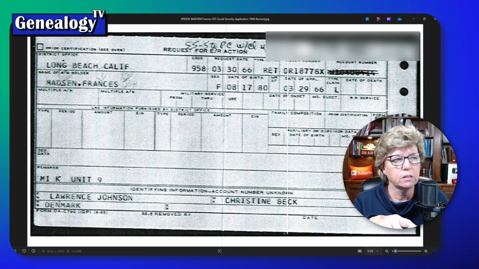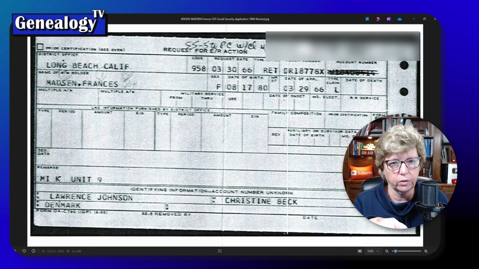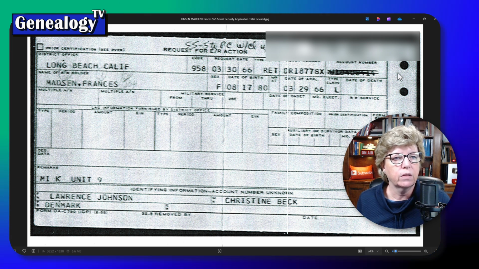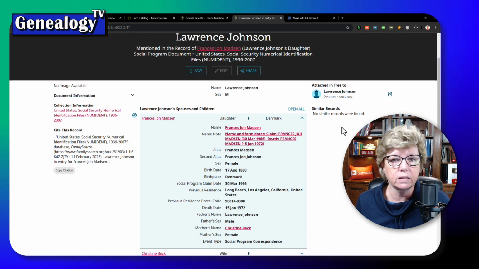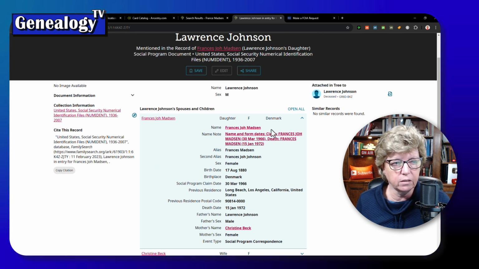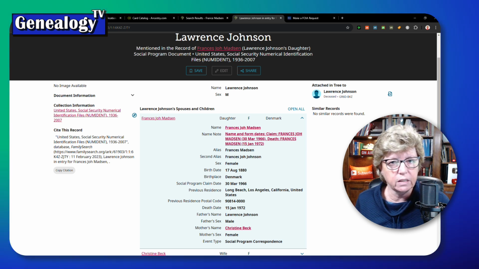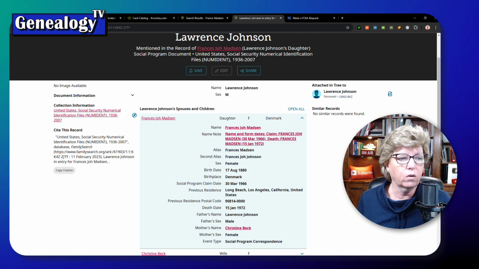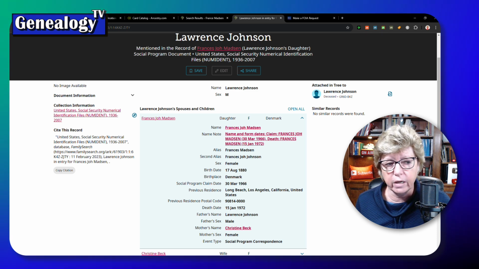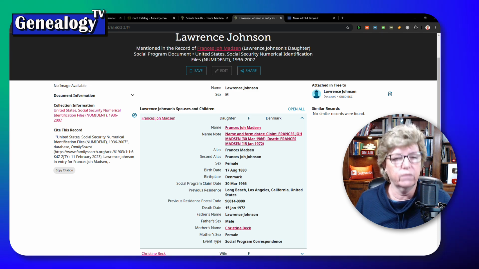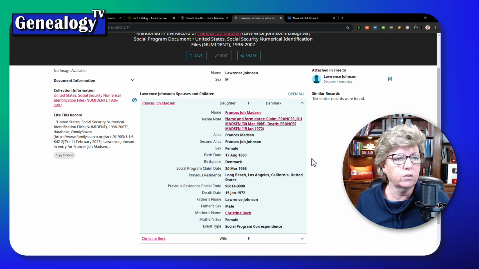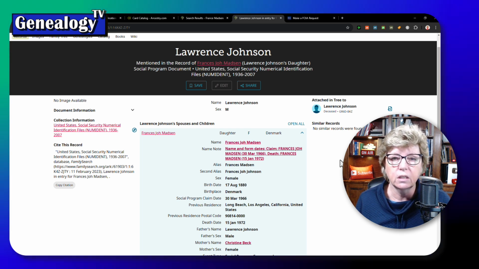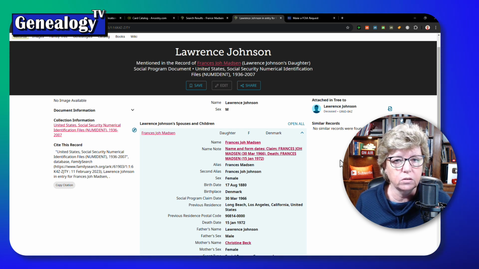I applied for this SS5 form years ago. At the time I applied for this, the Nubident form, which is over here on FamilySearch, was not available. It was not online at the time. Had this been available, I might not have applied for the SS5 because this has more information than the SS5 does. So unless you're just dying to have every record, you may find enough evidence here to take you back to the next generation. If the parents are noted, you're confident that this is the same person, then you may have enough information and you don't need the SS5.